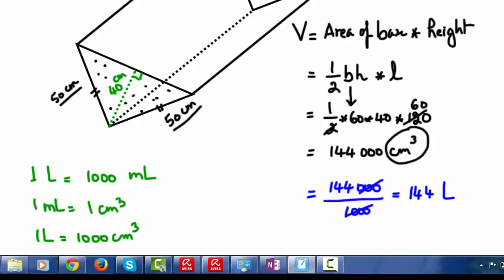And let's say I want to put water, or I want to add any liquid inside this triangular prism. That's why I can check it in liter. And the difference between centimeter cube and liter is that liter and milliliter are used for liquid, centimeter cube is more for solids. So I hope that you understood this lesson, and this is unit 3 lesson 4,